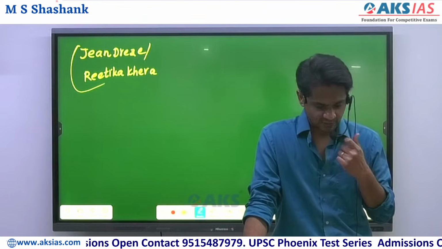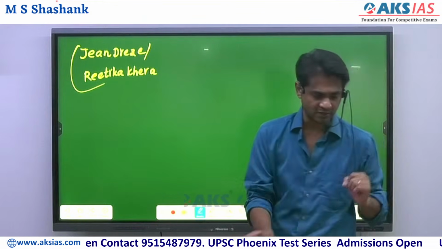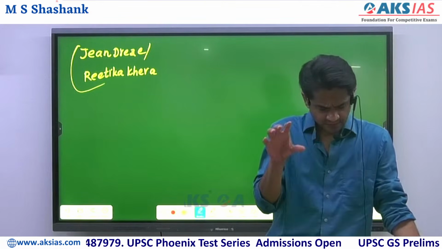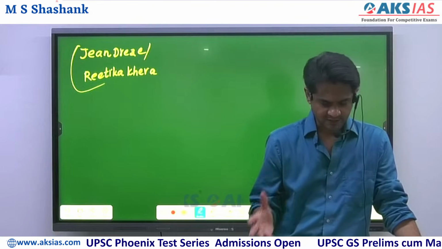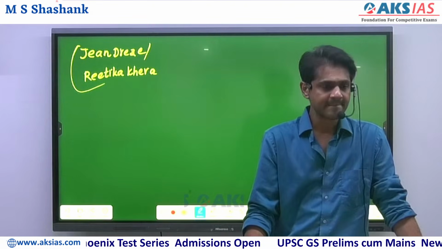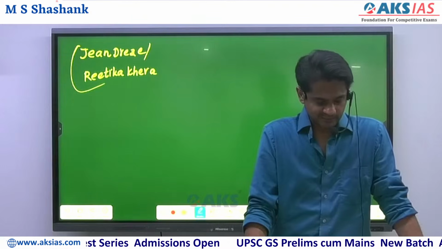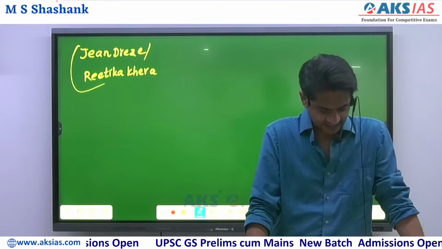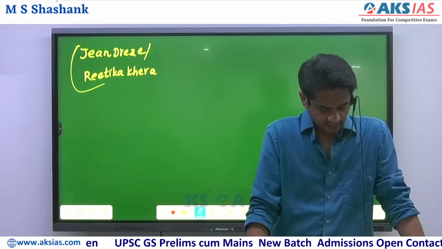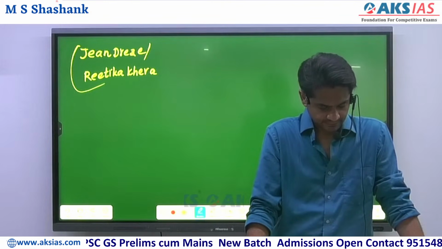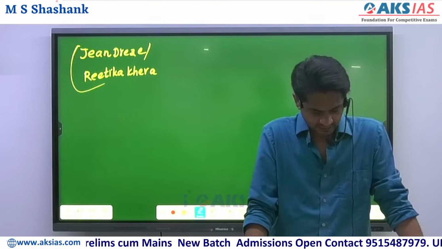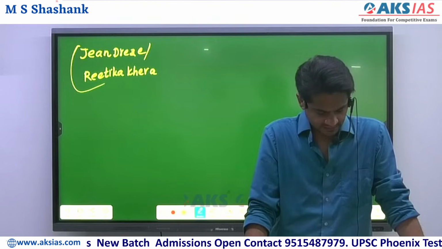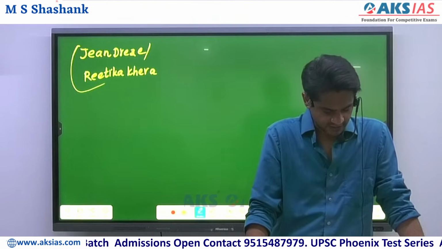Then keywords. Write down some keywords which the examiner would want to see in your answers. Write down fast. These keywords, if they are seen in your answer, will make your answer sound more authentic. Food security, legal entitlement, inclusion error, exclusion error, one nation one ration card,